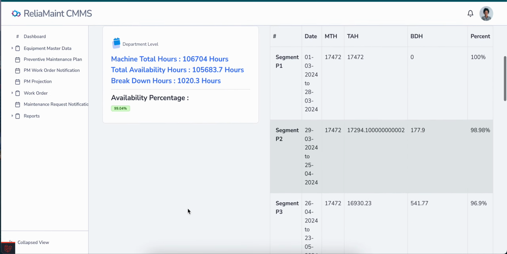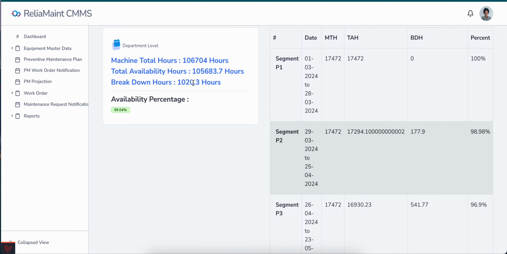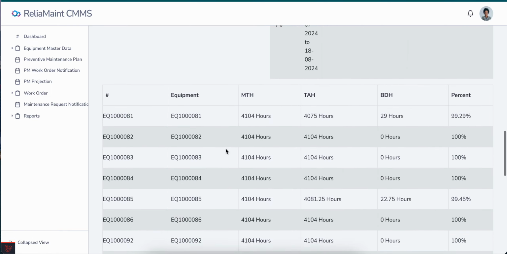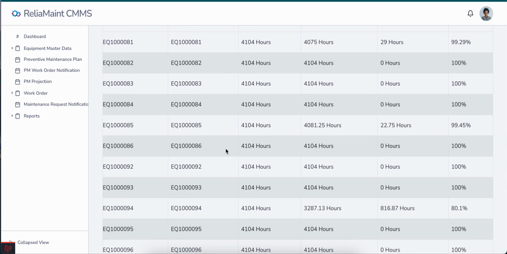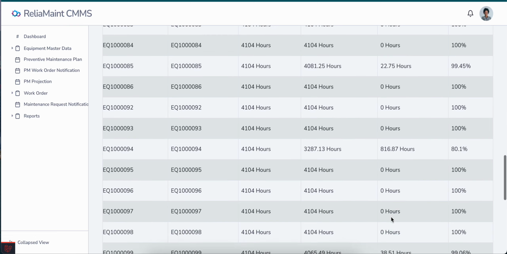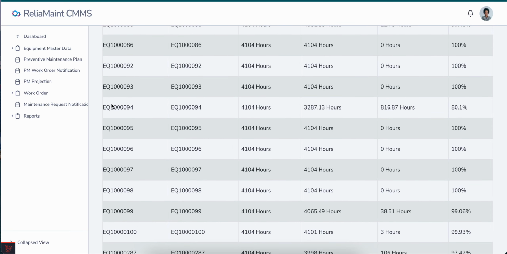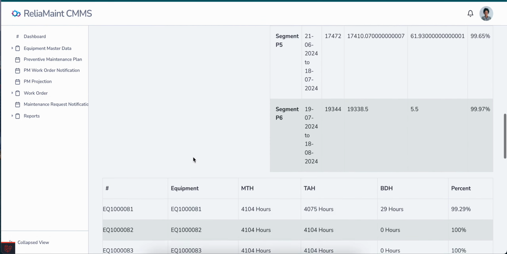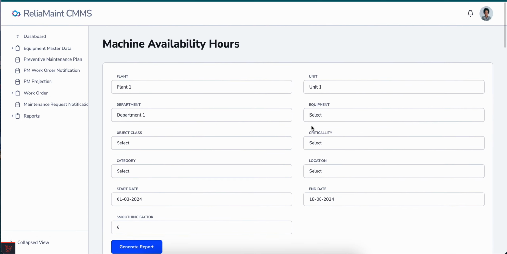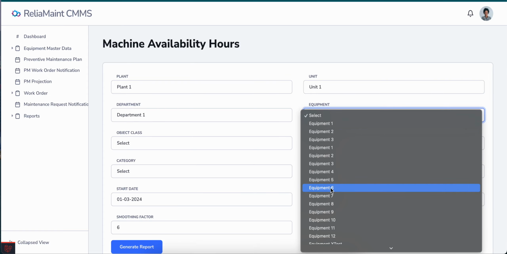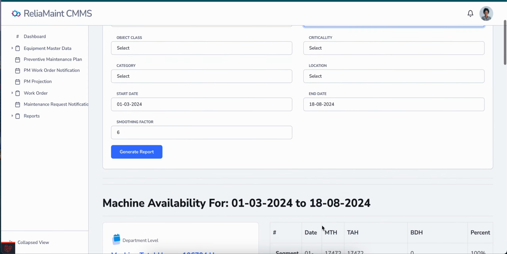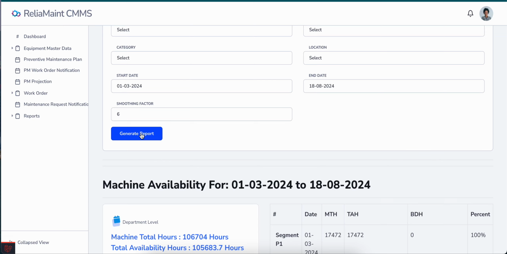What is department level? Okay, all hours, and then it is equipment. So we can see which equipment is most problematic. So we can see this equipment 094 is fundamentally a more problem area. Okay, others also have breakdown but not that kind. So this 816 hours are coming from this particular breakdown, this particular equipment 094. So if we go further, we can put 094 here, that is number 6, and if we run, that was the 810 that time.